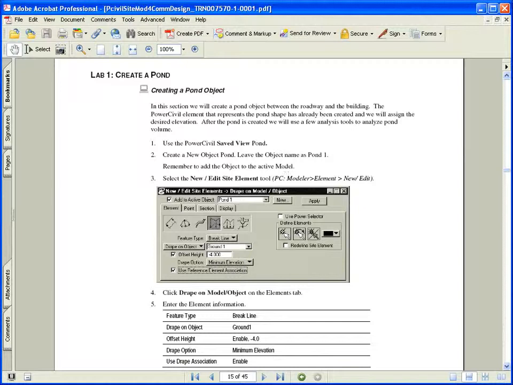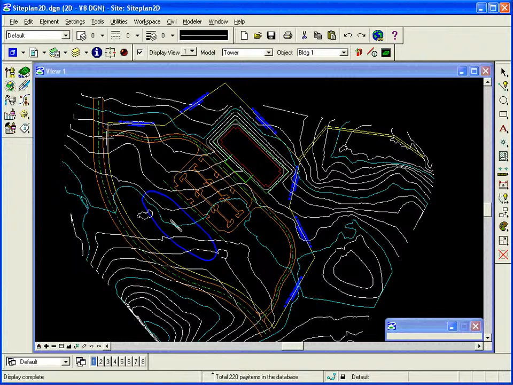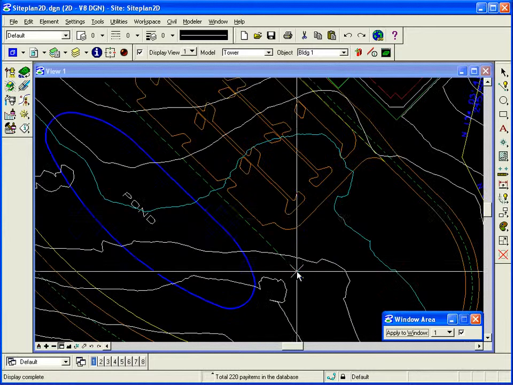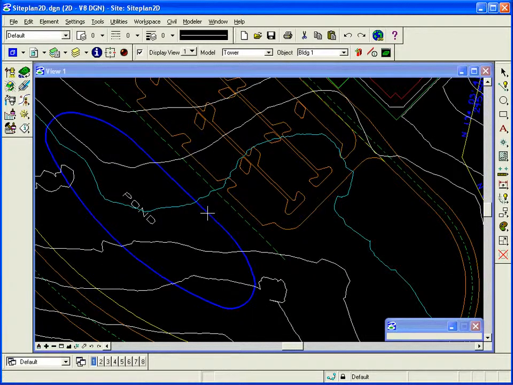So go ahead and get back into Power Civil and open up your site plan 2D DGN, and also we're going to get into our project file siteplan2d.gsf, where we already have modeled the building, and now we're going to model the pond. So I'm going to visually zoom in to where the pond is,